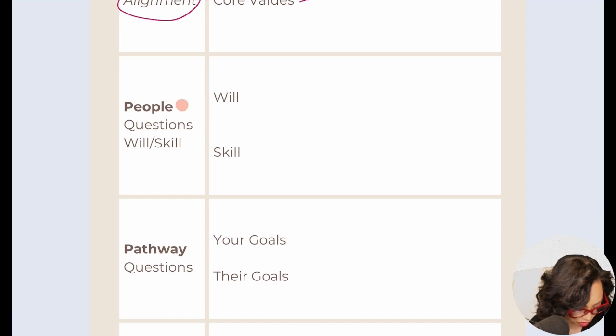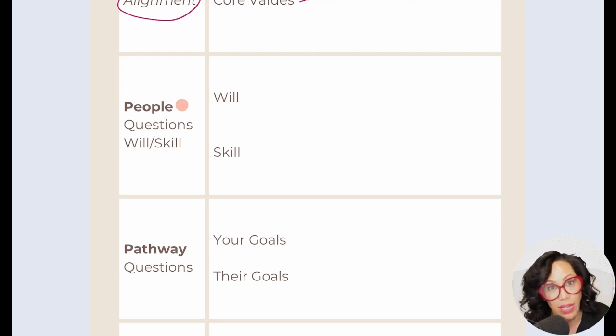The next set of questions you're going to do, these are people questions. And this is really getting at their will and their skill. So the questions that you want to ask around will are really about, you can ask questions like, what's their ideal day? How do they like to work? What motivates them? So that you can get at their will driver. And then the skill questions are going to be asking deeper questions about, tell me a time when you did this. They have certain skills that you want. How do you give feedback? How do you offer support? How do you provide accountability? And how do you build culture? You want to ask questions.